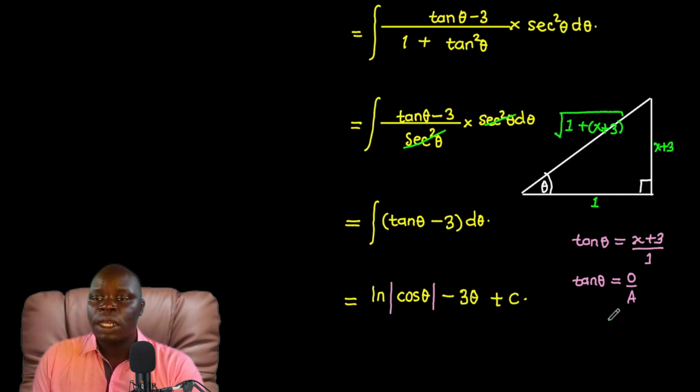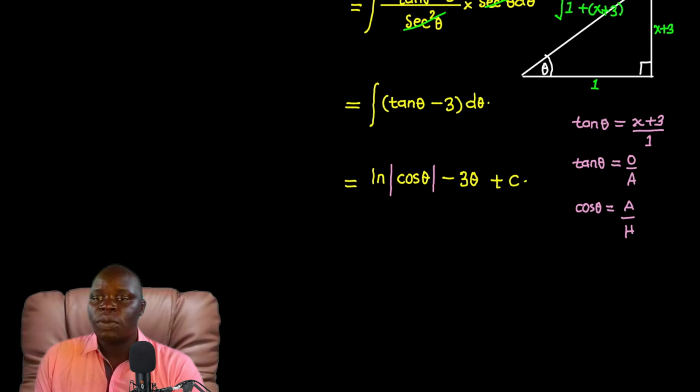Now we say cosine of any angle theta is given by adjacent over hypotenuse. So from here, our adjacent is 1, meaning cosine of that angle theta is given by 1